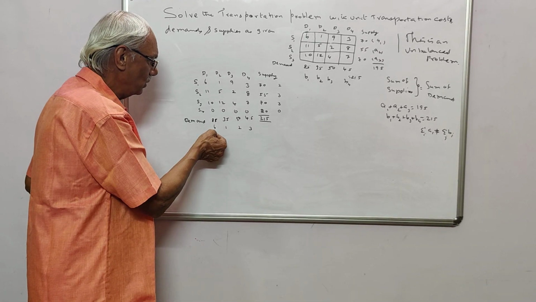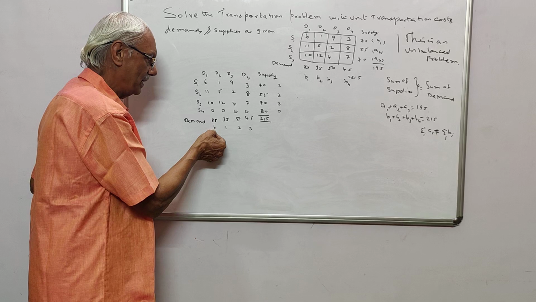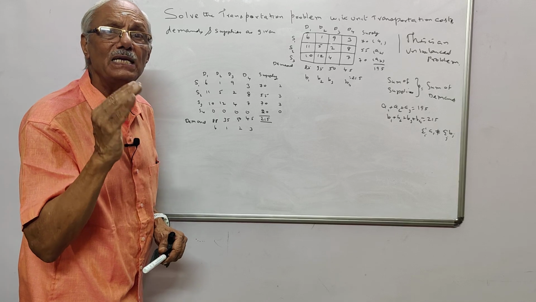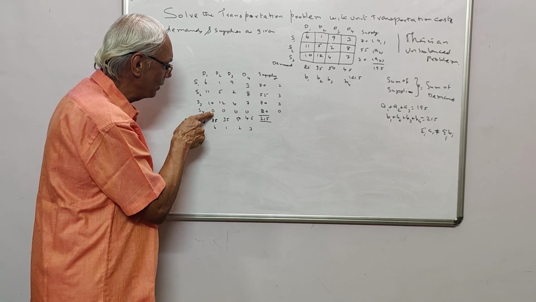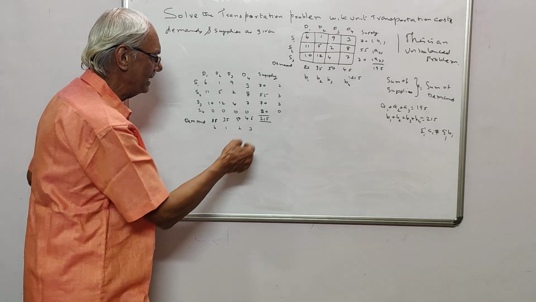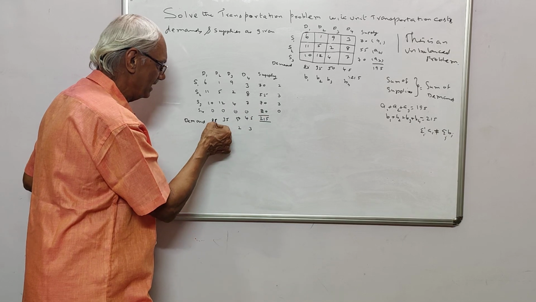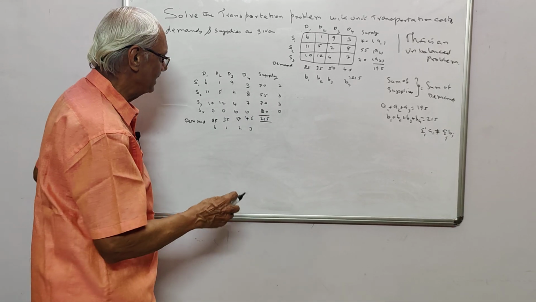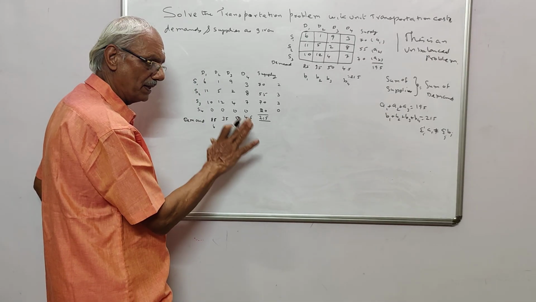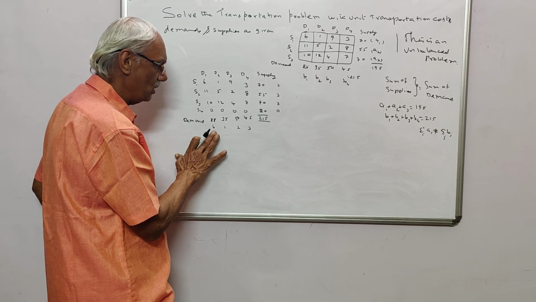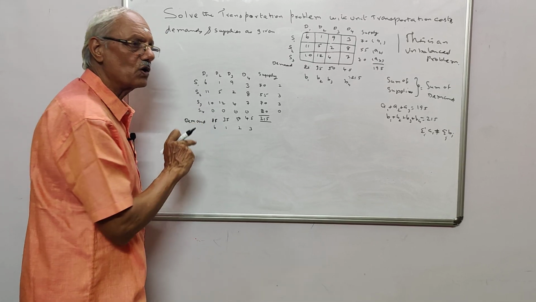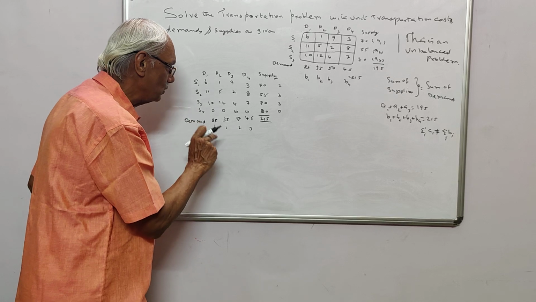Now 6 is the maximum penalty. Go through this column and find where you have the least cost. You see that this 0 is your cost. For this cost you allocate the minimum of 20 and 85. Are you able to understand? Let me repeat this. You find the penalty, choose the maximum penalty, go through that maximum penalty row or column, find the least cost and allocate to that